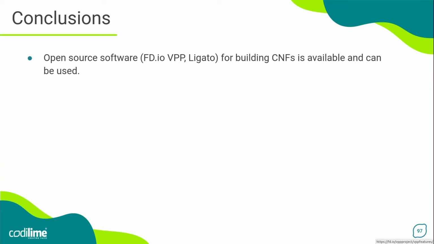There are open source projects and frameworks such as FDIO and Ligato that can be used to build your CNFs. What is important is that such CNFs are truly cloud native and offer their required performance for network functions. The use of open source solutions also allowed us to create our custom CNFs that meet the functional requirements defined in our use cases. To achieve this, we needed to both modify the Ligato VPP agent source code and reconfigure the original UCNF from the NSM project.